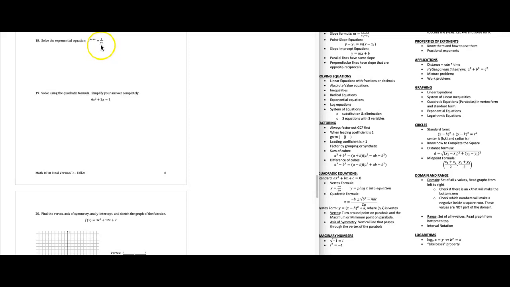So this, again, is something from this last module, where you're going to be trying to solve exponential equations using this basis formula. So we need to get these so the bases are the same. And right now we have a base of 4, and then this is 1 over 64. So one way that you can go about it to try and get those bases the same, if you're not quite sure how to do it, is